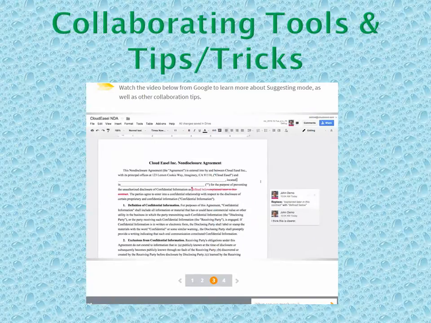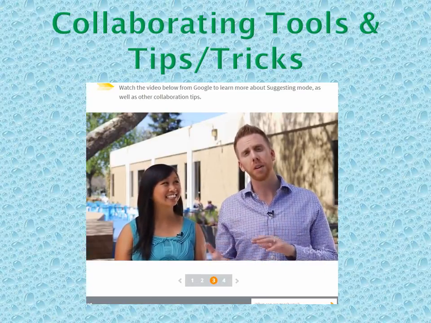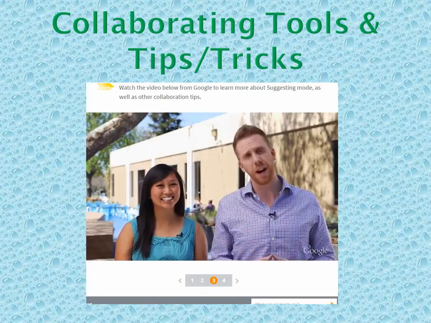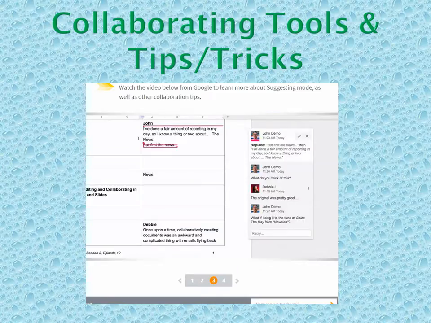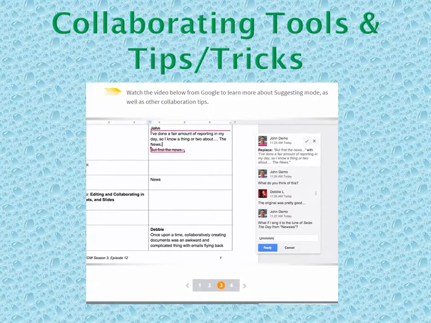On the document itself, each suggestion is tracked by an individual box on the right that will stay there until I accept or reject the suggestion. By the way, if you save an Office document with track changes, they will appear as suggested edits in Google Docs, and vice versa. When we write scripts, each contributor's sense of humor is unique. Suggested edits allow us to see who chimed in and with what. It allows transparency into what's changing.